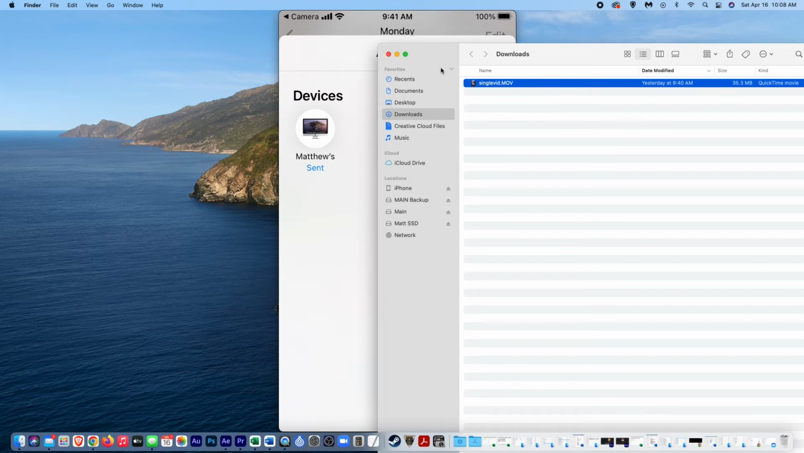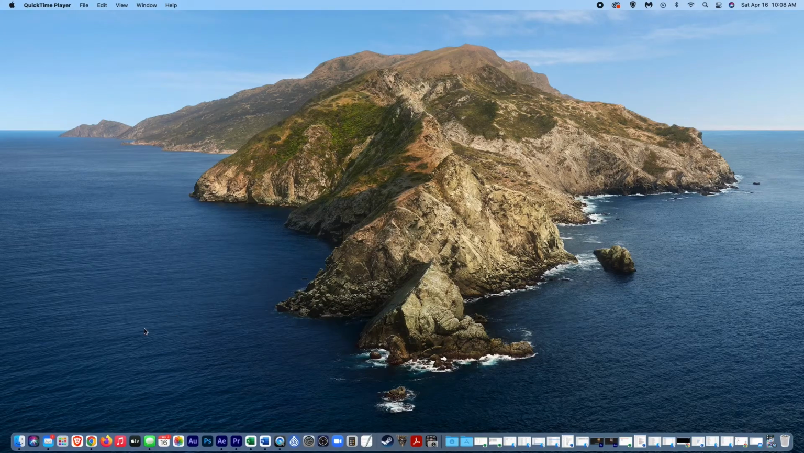I can move that file over to wherever I want on my computer. Super, super easy, okay? But let's say you don't want to do the AirDrop for some reason. Just plug in your phone to your Mac. And then you're going to come over here and open up your Photos